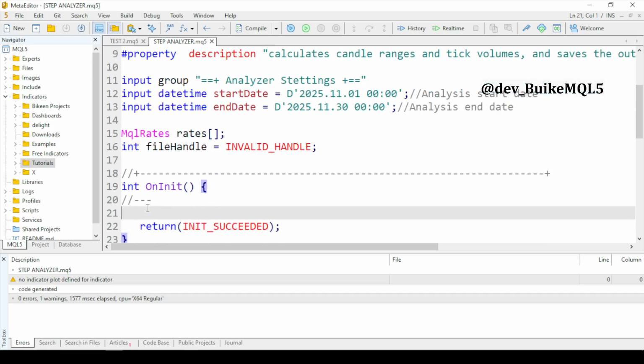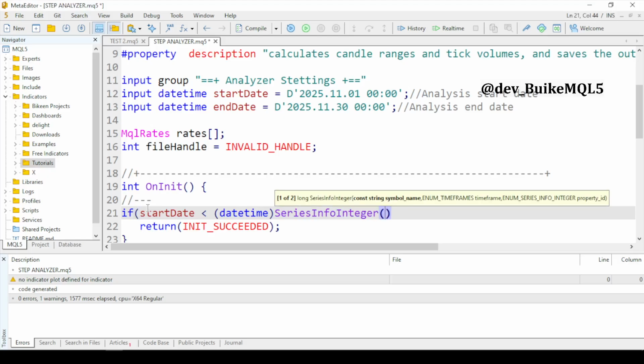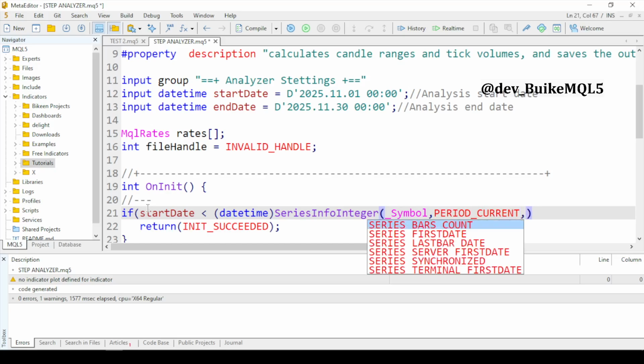So first we have to validate input. If start date is less than, I think, yes. How do we do this? We'll do that using series info integer. Yeah, that will help us. That is what, first we specify the symbol, period current. If the start date is less than the first date on the chart,